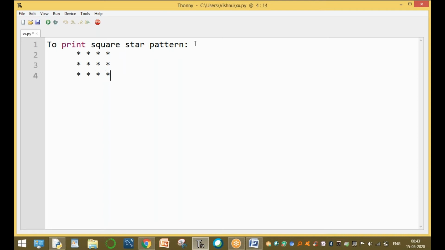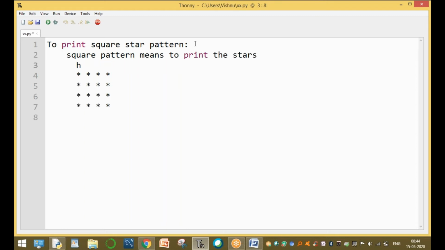Square pattern means the number of rows and the number of columns must be equal. Here, to print the stars, the number of rows and columns must be equal.